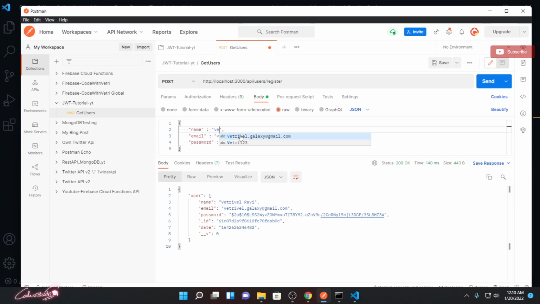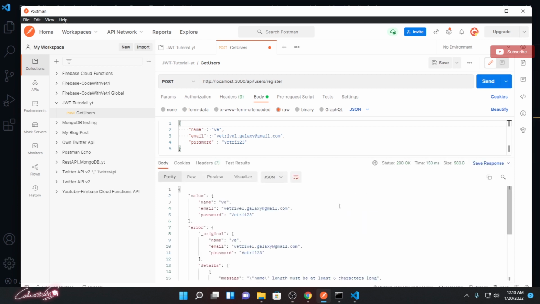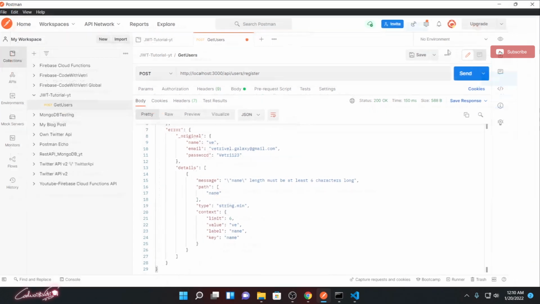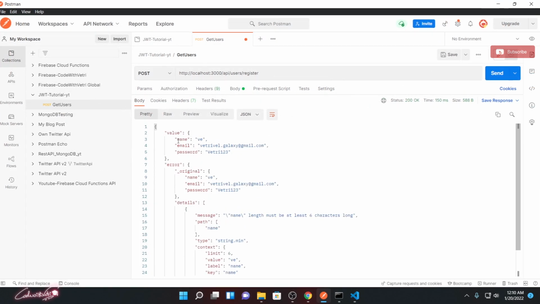I'm just sending a few two letters for the name. If I click send, you can see that it's showing a bunch of values over here. What are the values we are getting? See here, it's showing the value, that name, and it's showing the error. What is the error? We are getting the message as length must be at least 6 characters long.